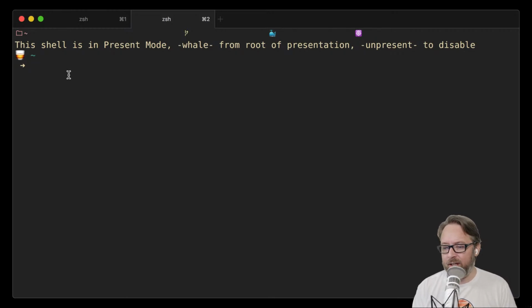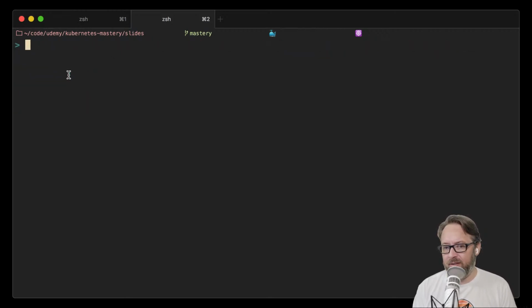Then I have to go to the directory that I want to be in. So maybe I'll go back to that C4 directory, and then I type whale. Basically it would create this really dumbed down shell interface where there's nothing to it, right? When I type a command, there's no colors, there's no predictive read ahead,